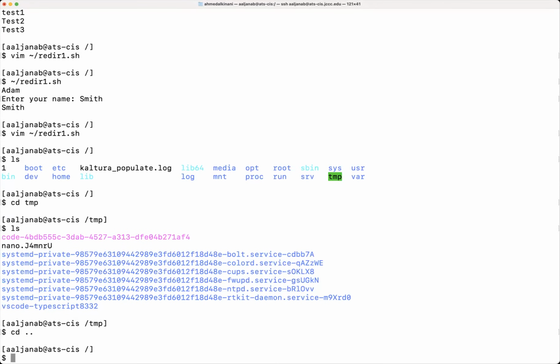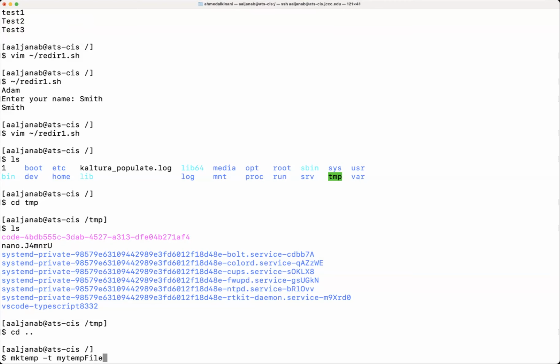The command that we're going to use is mktemp. Okay. And then after that, put a -t to indicate that this file is supposed to be stored inside the temporary folder, and tell it what the name of the file is. I will call it, for example, mytempfile.